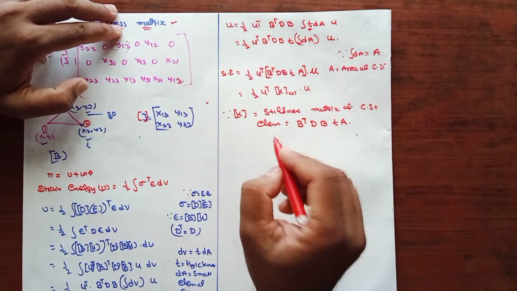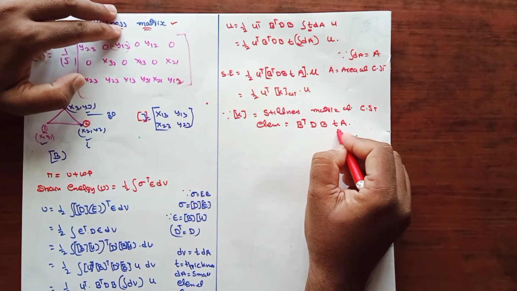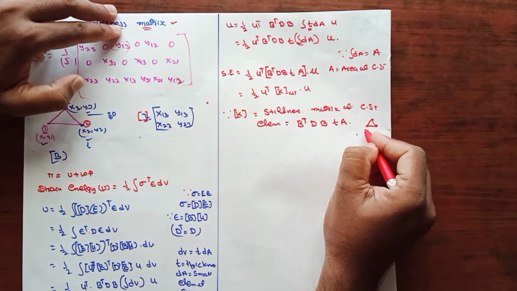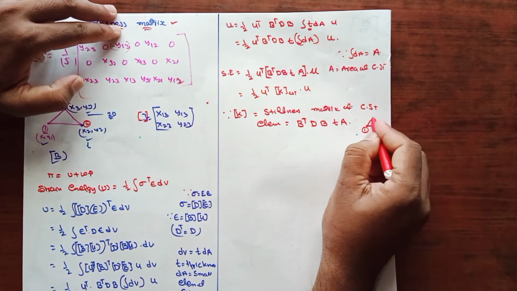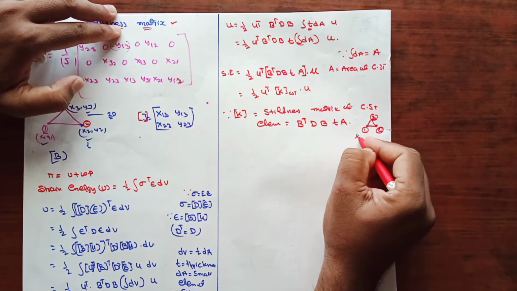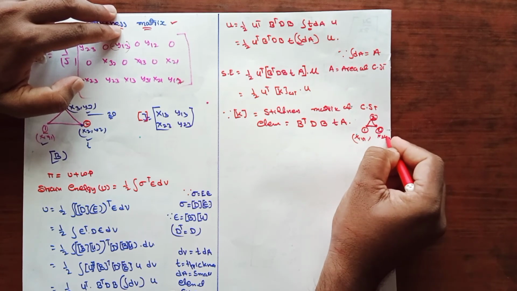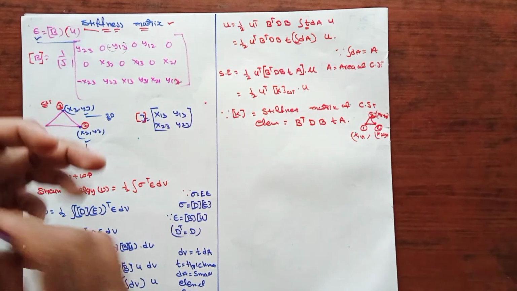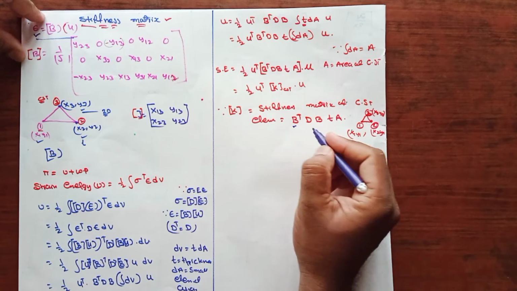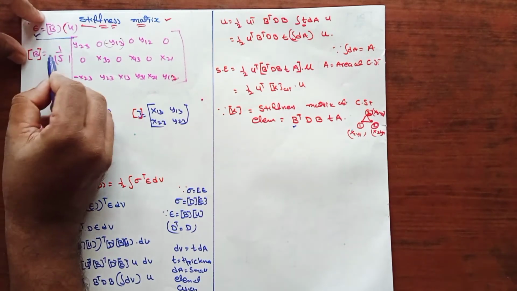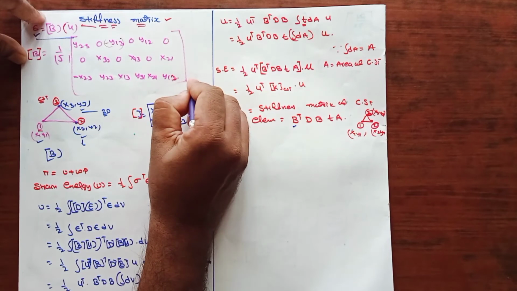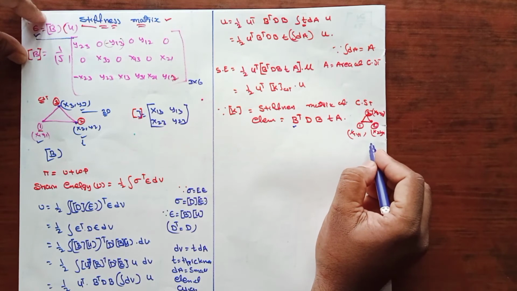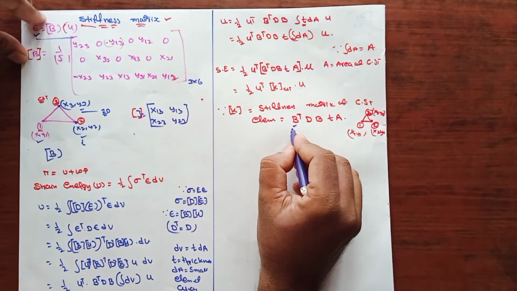Here the thickness and area we can calculate from the given CST element. If the CST element has nodal coordinate values x1 y1, x2 y2, and x3 y3, then knowing these coordinate values it is possible to find the B matrix. Because you can see that the B matrix is equal to 1 by det of this 3 rows into 6 columns matrix. If you observe this, it is a function solely of the coordinate values. So if you know the coordinate values, it is very easy to find the B transpose.